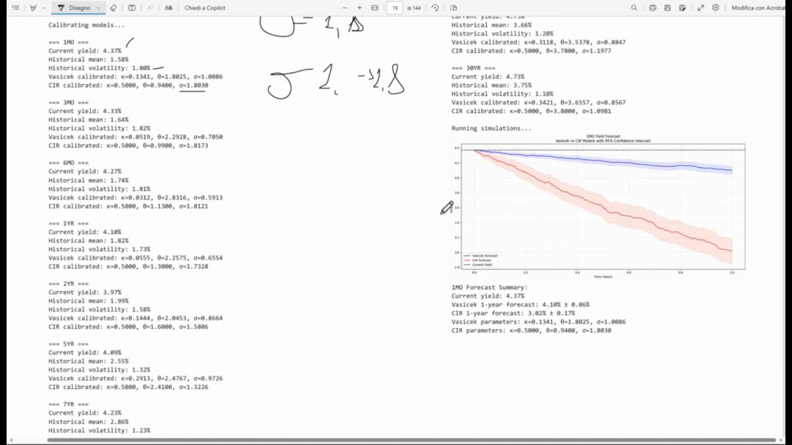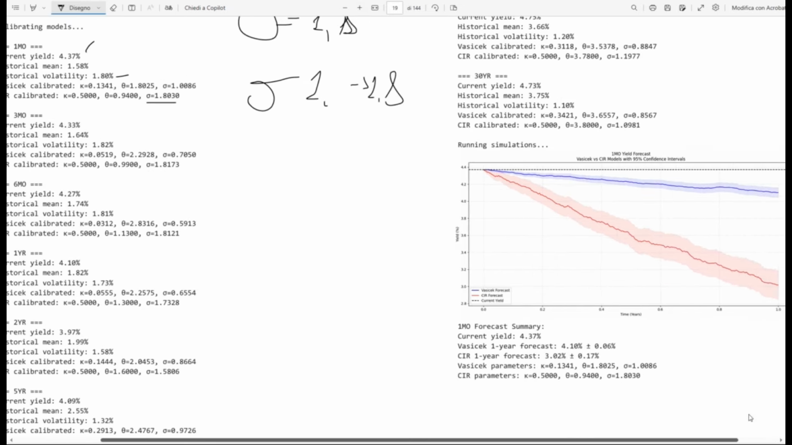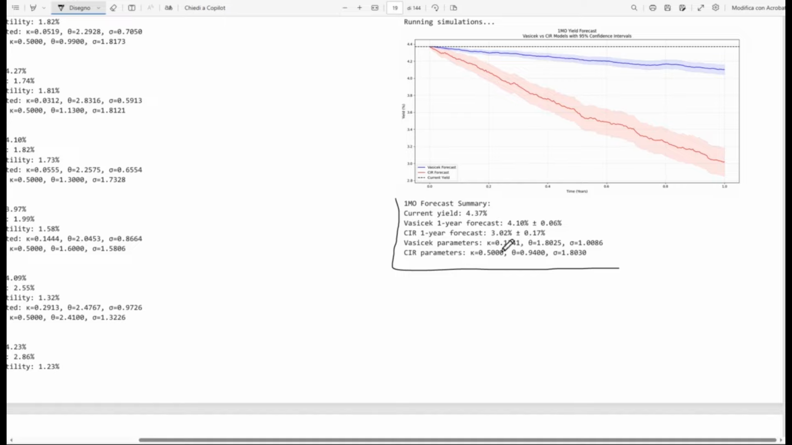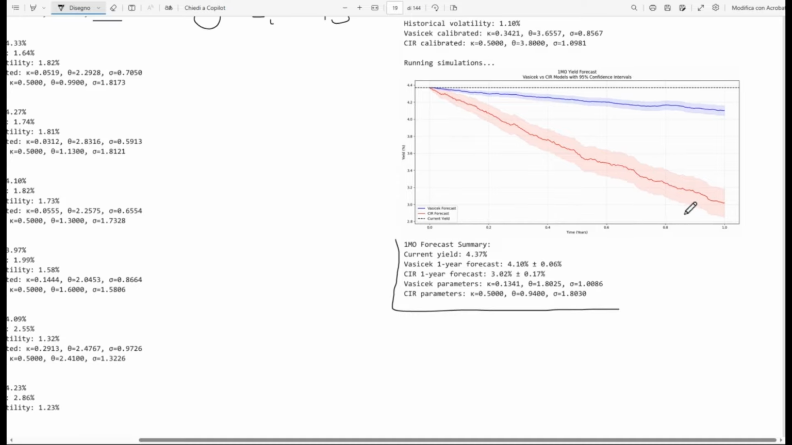So if we go and see the chart, we can see that the machine gives us a forecast. It tells us, okay, the current yield is 4.37%, and the 1 year forecast is 4.10 plus or minus 0.06, and even the CIR model goes much further, and the 1 year forecast is 3%. So the red line, of course, is the CIR model, and you can appreciate that the shaded area is larger. The uncertainty in the model, the range, is larger than the blue line. So the Vasicek model is more precise, is less downward sloping, but nevertheless,